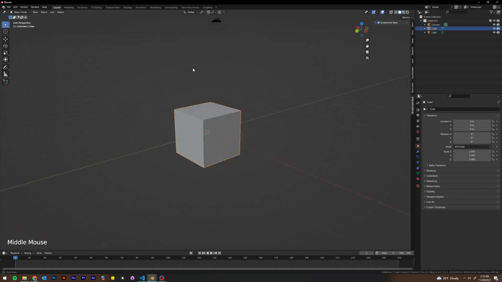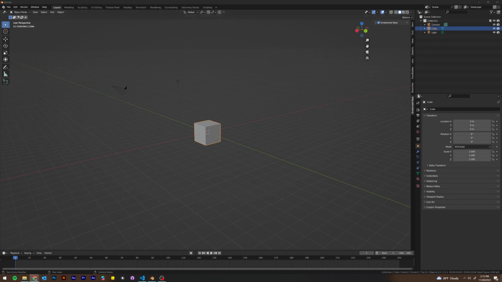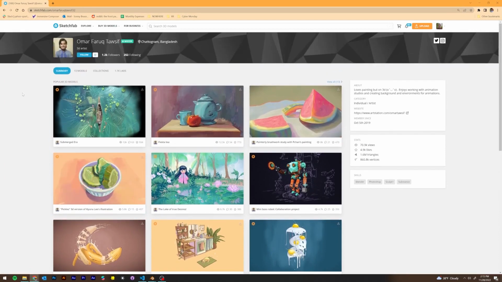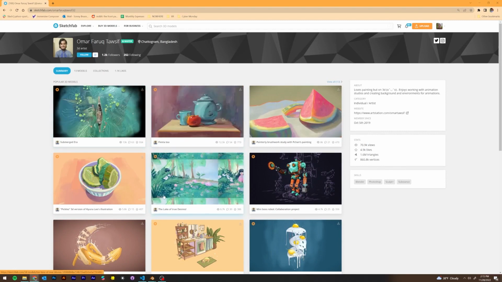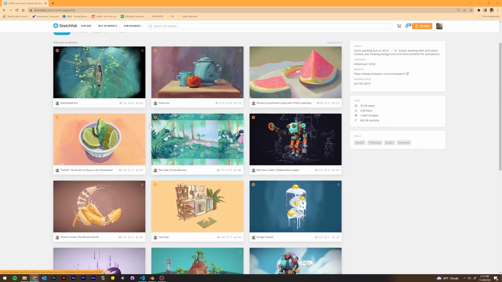So, first thing that we're going to want to do when designing a nowhere space is to find some assets. And I've found some assets on Sketchfab already that are free to download and could make a really interesting nowhere space. This guy on Sketchfab here, he makes some really beautiful art that's low poly and a very unique art style, which we don't really have much of in Nowhere. So we're going to try to create a space using these assets, and maybe we will make something that's